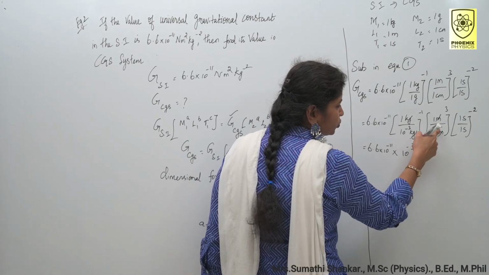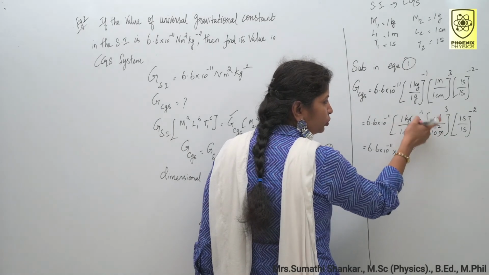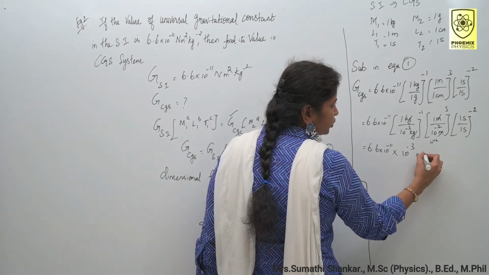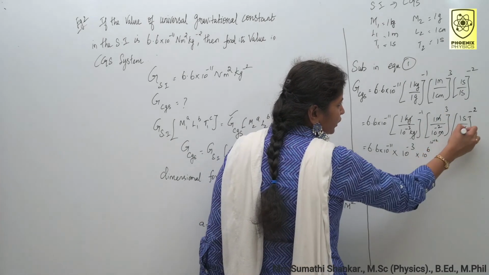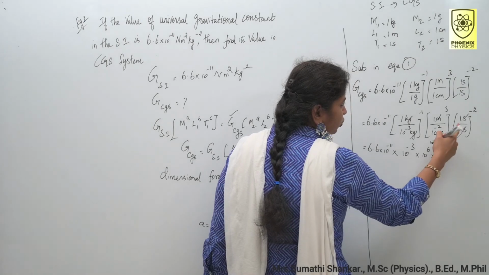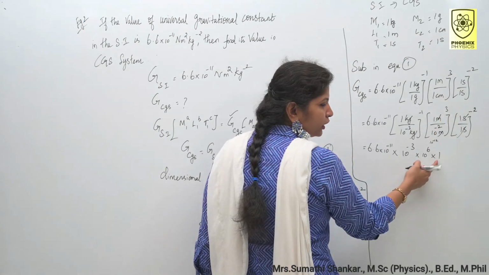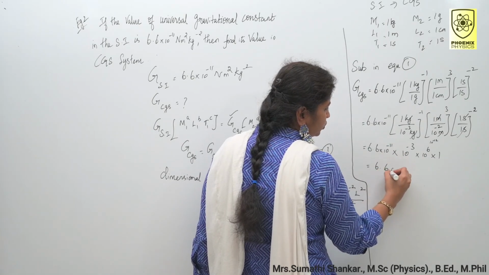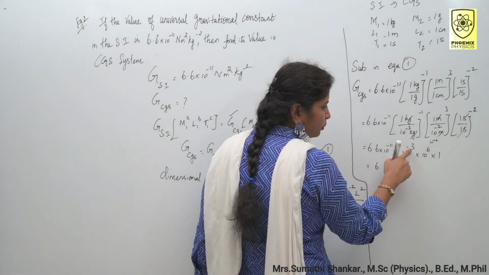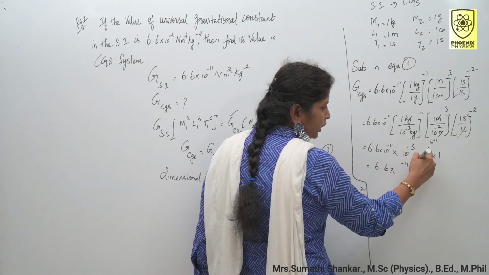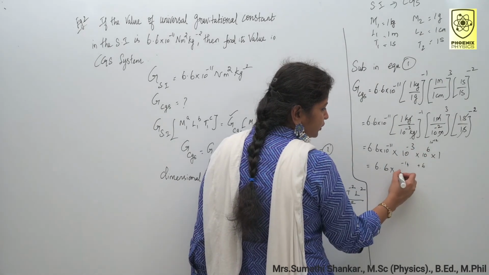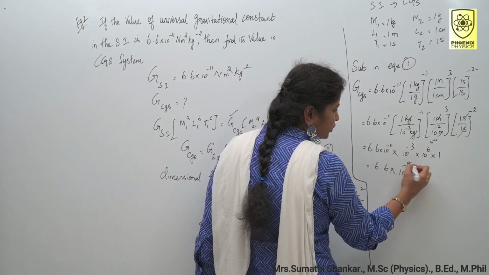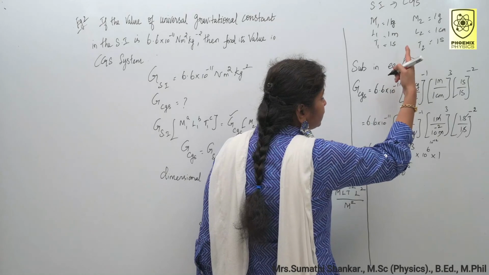Then here minus 2, if you bring this term to numerator means 10 to the power of plus 2, here I have 3, so 10 to the power of 6 and here 1. 1 to the power of any number, you can get the answer as 1. So multiply this 6.6 into here minus 11 minus 3, so minus 14 and here I have plus 6. Your answer is minus 14 plus 6 means 10 to the power of minus 8 in CGS unit, right?